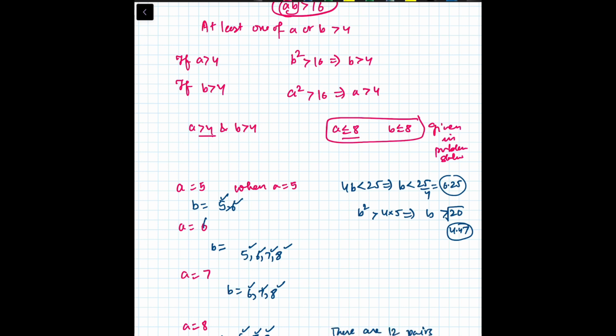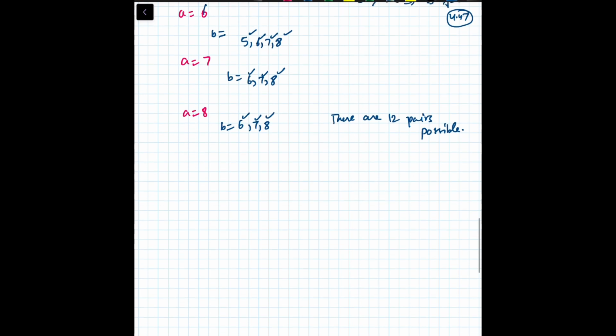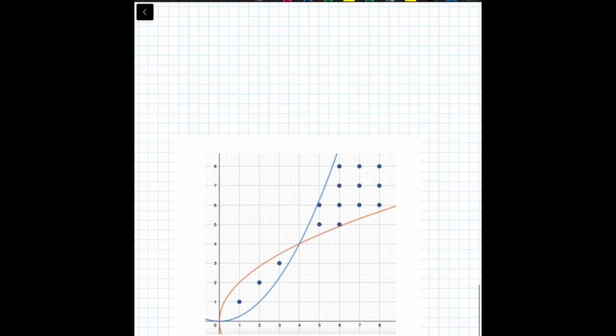Okay, so this is how you will deal with this problem, but there is a graphical solution which I would like to discuss. We had these two, right? a square greater than 4b and b square greater than 4a. And if I try to draw these curves, a square is equal to 4b and b square is equal to 4a, right? If this is a and this is b,